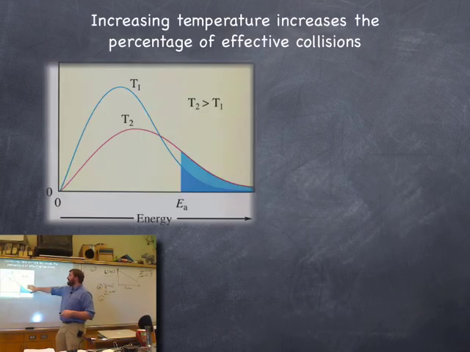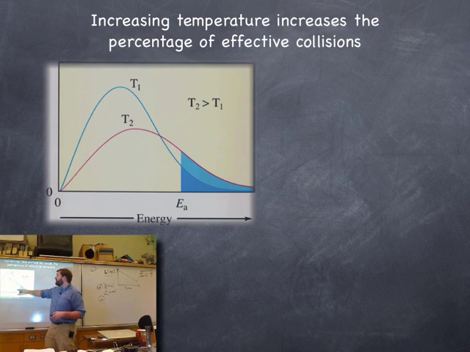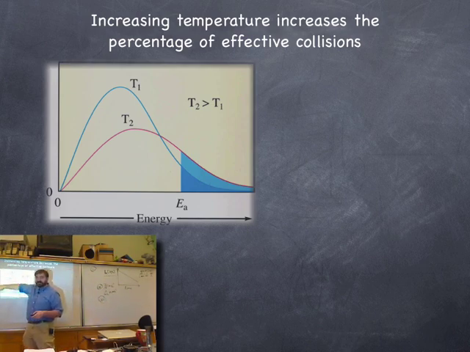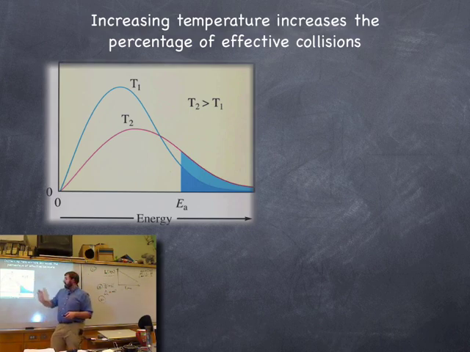When I look at a graph, a distribution of the particle energy, okay, this is the energy that the collisions have versus the number of collisions at two different temperatures, temperature 1 and temperature 2. This point right here represents the activation energy. Collisions to the right of this point have enough kinetic energy from that collision to meet the activation energy requirement to form the transition complex, the activation